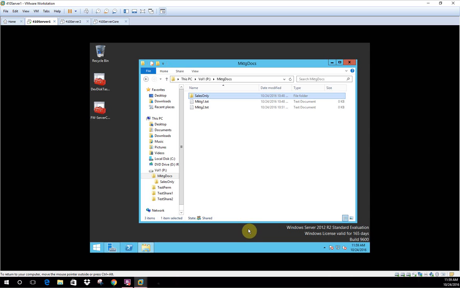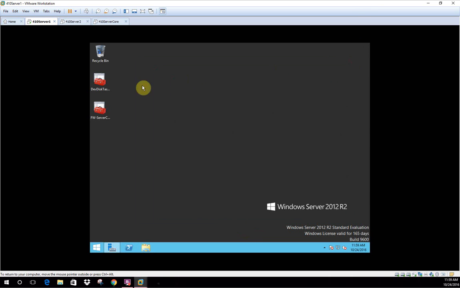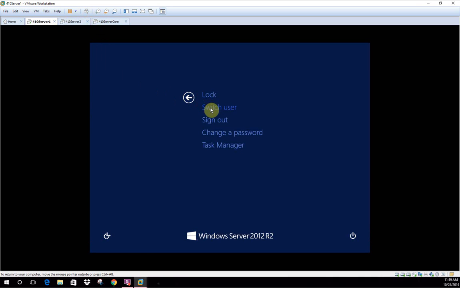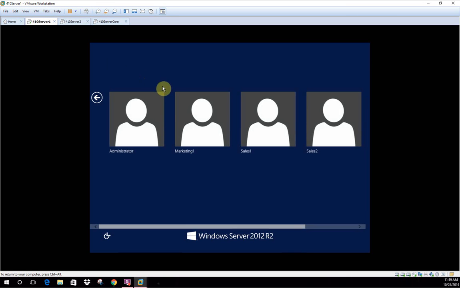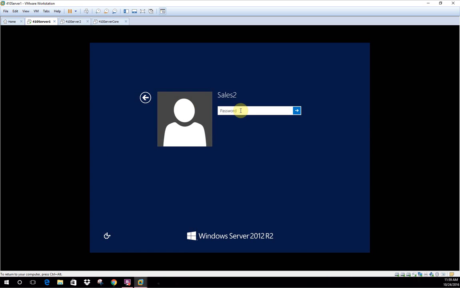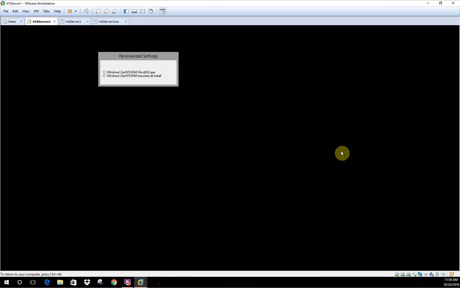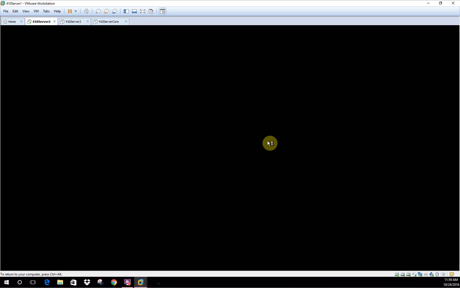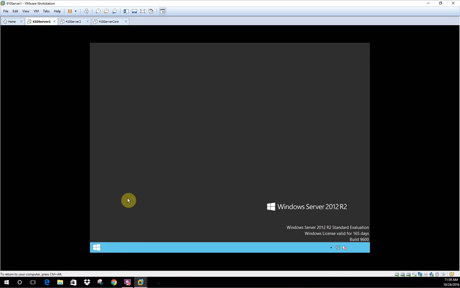So from here, we're going to log off and log in onto our Sales2. So we will just sign out and sign in under Sales2. That's the user that we just created. And we're going to open the Marketing Docs share on the 410 Server 1. So how we're going to do that, when everything loads up and catches up to us,